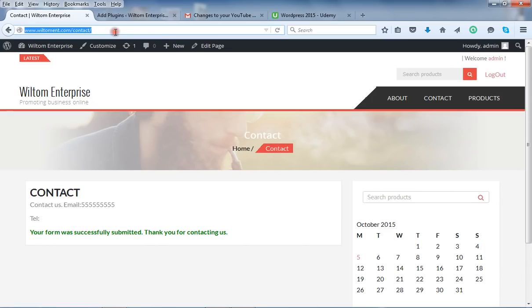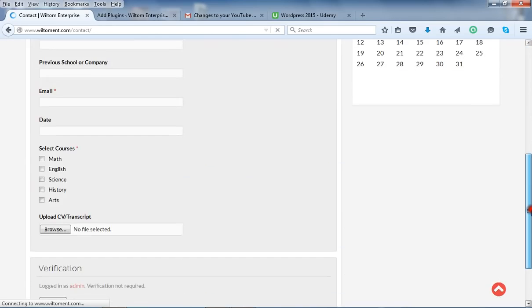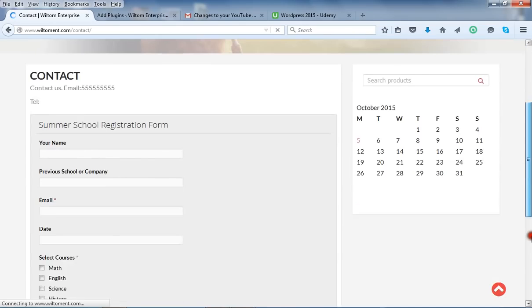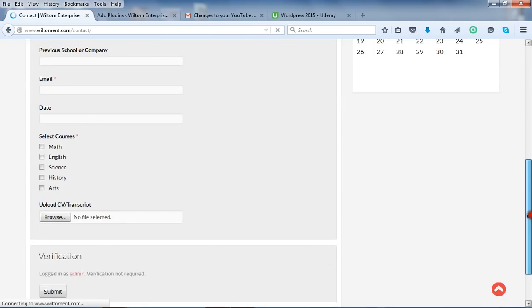We can refresh our page to return back to our form application section. So this is your form that you've created. You can create very nice design forms using the Visual Form